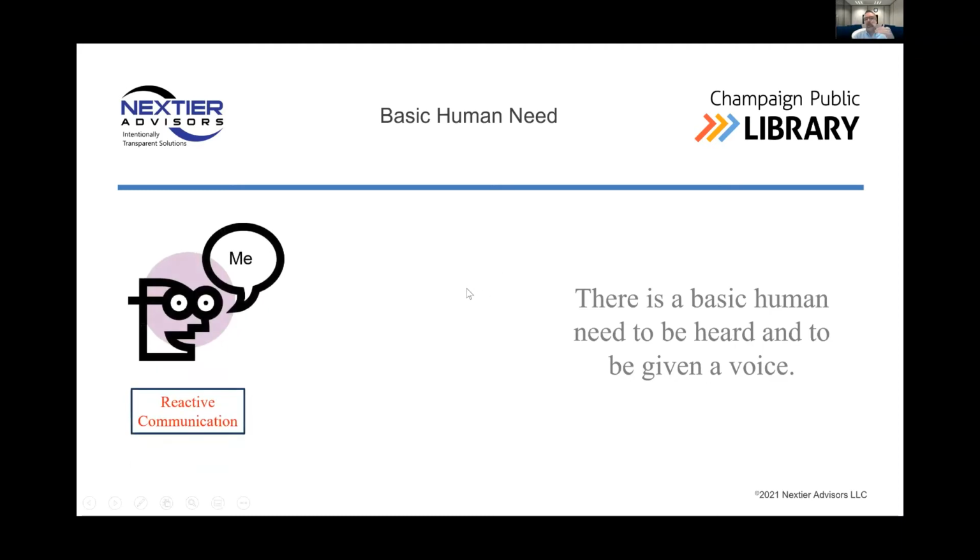And so when we talk about reactive communication, that's me-centered. We're going to talk about that a little bit. When I'm having a conversation, it's all about, hey, I did this, or my thought is this. I think we should do that. We need to go and do this. So reactive is very me-centered, and it's not really doing a good job of understanding that other person. If I'm having a conversation with somebody, it's more about me and my perception and what I'm trying to get across to you,